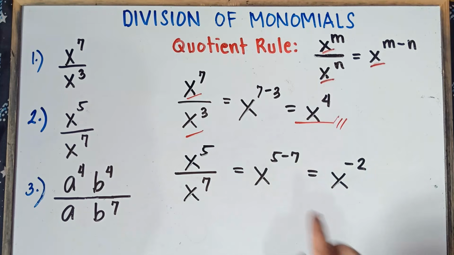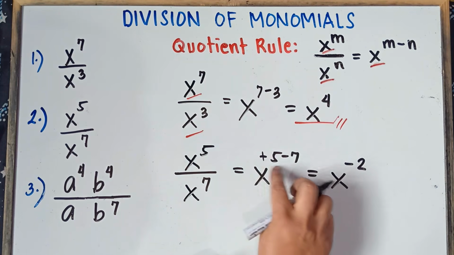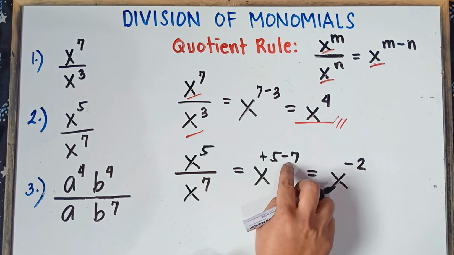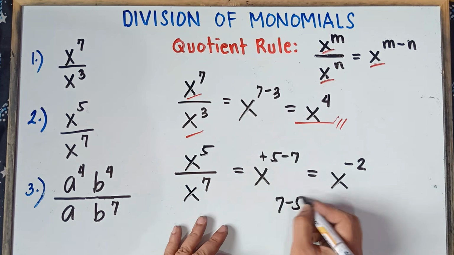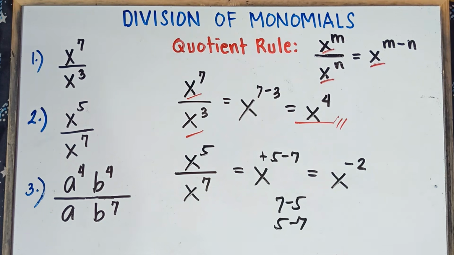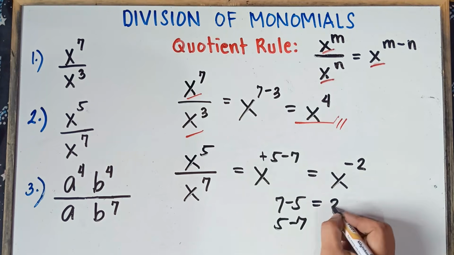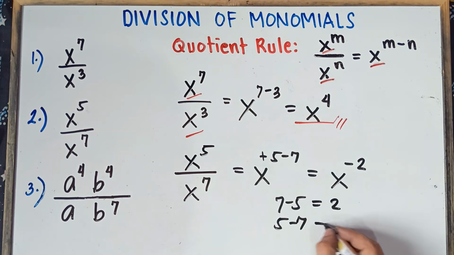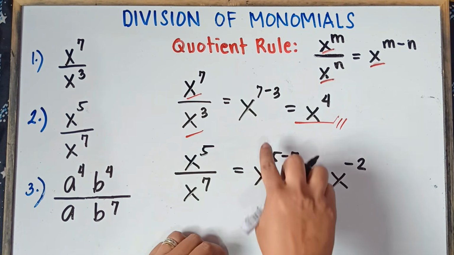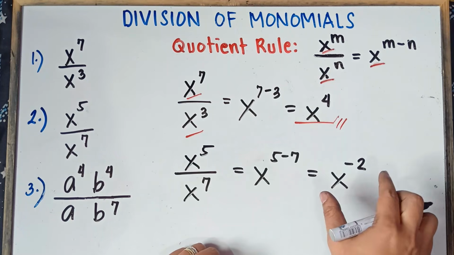Why is that, sir? Positive 5, negative 7, and like sign, subtract. 7 minus 5 is 2. 7 is greater than 5, so we copy the sign of 7. Once again, class, 7 minus 5 is very different from 5 minus 7. This is not the same, class. 7 minus 5 would be 2, but 5 minus 7 should be negative 2. So 5 minus 7 would be negative 2.